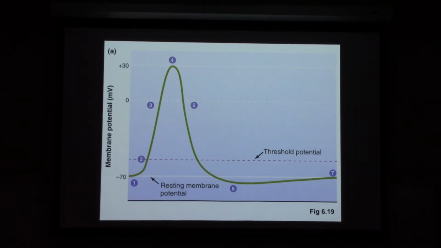I'm a little bit confused by this picture. Number 1 is resting phase, number 2 is threshold, number 3 is rising phase, number 4 is falling phase? Or 5 is the falling phase. 5. 4 is the peak. That transition between depolarization and repolarization, we didn't cover 4. We smushed it all together. Okay, so 4 is an instantaneous point. So at 4, sodium channels are closed, potassium channels are opening. Okay, anything else for now?